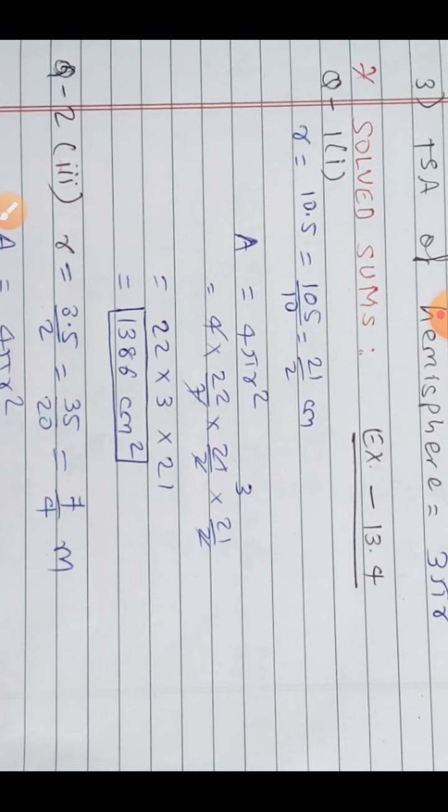In the denominator 2 2s are 4 and the numerator has 4, so that cancels, and 7 3s are 21, and whatever is left, 22 times 3 times 21. The multiplication of all three numbers is 1386. The measurement of radius is given in centimeter, so the area becomes 1386 centimeter square, or square centimeter. Anyway you can write. That is our answer, very simple. That is only net practice of how to use the 4 pi r square formula.